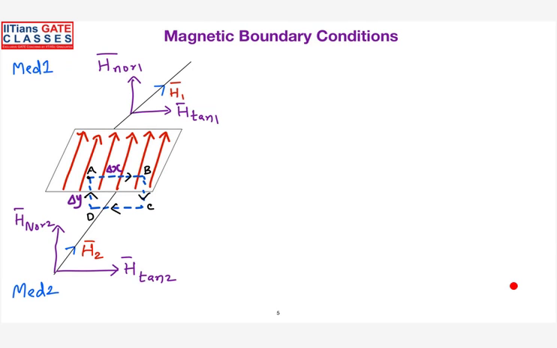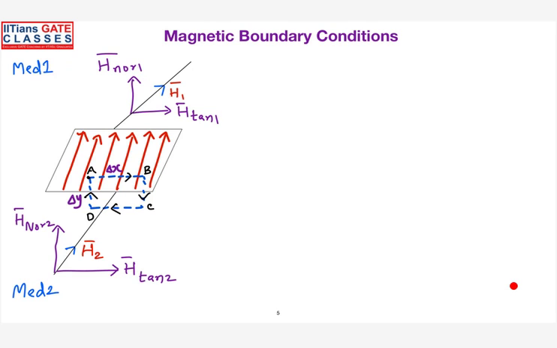So the next thing is the magnetic boundary condition. The moment you are not practiced, actually I lose interest. When you want to discuss the magnetic boundary condition, you should be able to analyze what will happen in the electric field boundary condition. If you understand the electric field boundary condition, it is very easy to understand this also. But I am afraid that you have not practiced, so again the concept is becoming new here.